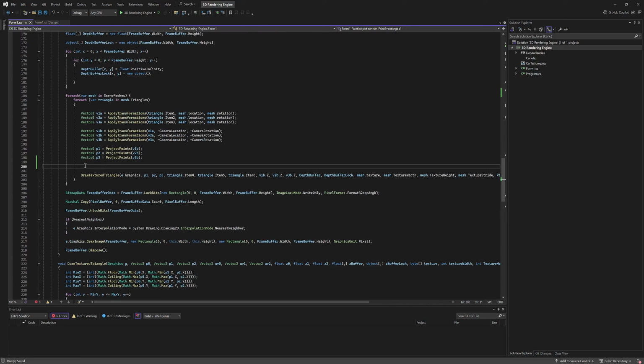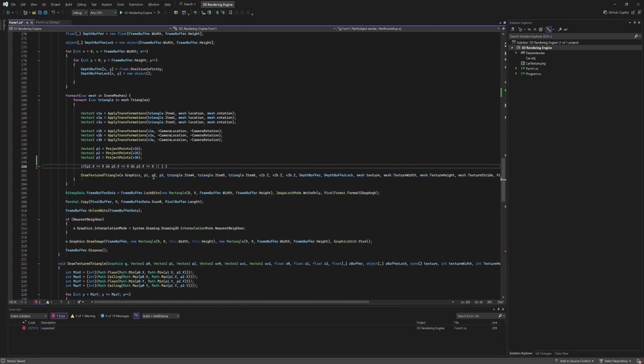So we're first going, before we go on to using what we just created to cut the camera, to do another check, which is to check if the triangle is even visible on the screen to begin with. So we're going to write if p1.x is smaller or equal to 0 and p2.x is smaller or equal to 0 and p3.x is smaller or equal to 0,